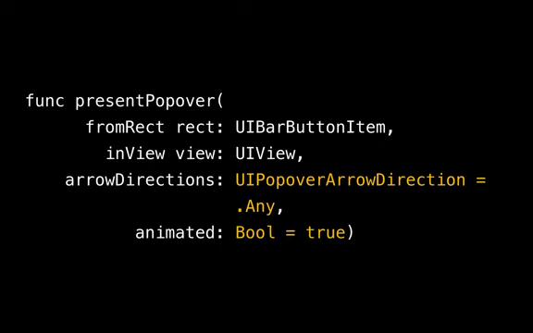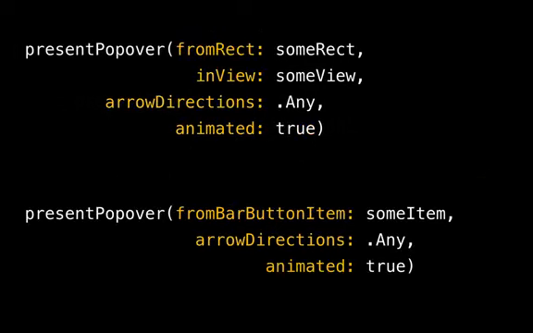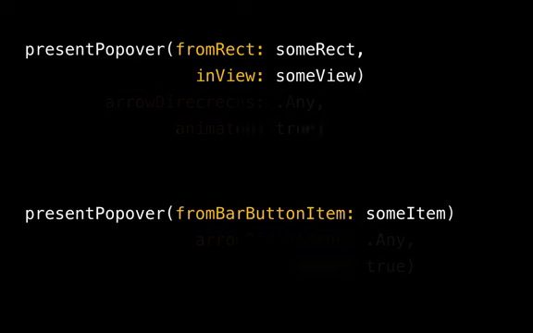So .any, as passed into a popover arrow direction type, is that particular entry out of the NSEnum argument. And animated: Bool = true is a way to say that, yes, if there's no argument presented, we want to be able to have this thing be true all the time. So that turns these call sites, which are nice, they're descriptive, into these call sites,